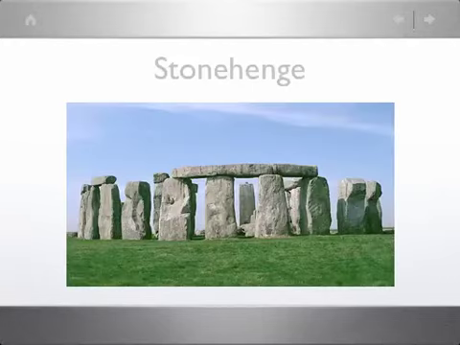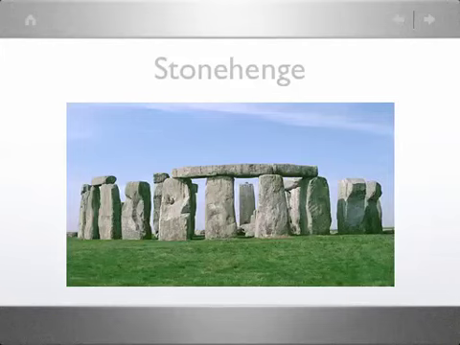In one section of Chapter 1, Nye goes into some detail talking about Stonehenge, and I just wanted to spend a moment explaining, and perhaps reminding many of you who are aware of it, what Stonehenge is. Stonehenge is the collection of rock structures that looks like this. It's located in England, and it has long been speculated what the exact purpose of Stonehenge was.